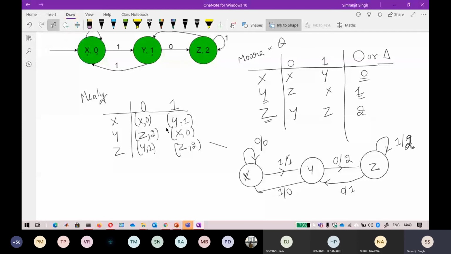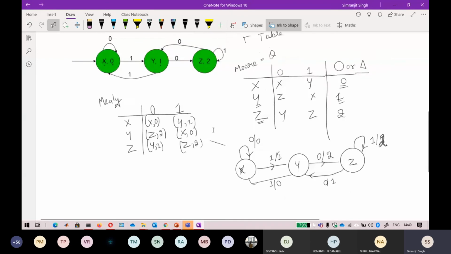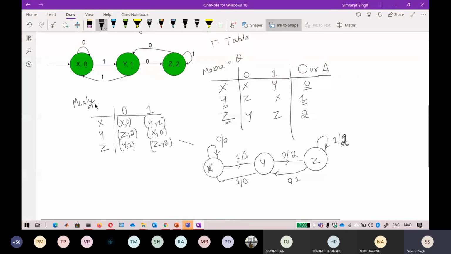from the transition table. If you don't like this method, there is a direct method. You can easily convert any Moore machine to a Mealy machine just by looking at it. The keyword here is "two words". Keep that in mind. If you directly want to convert this diagram into a Mealy machine, you can do it without following any table method. This is the Moore machine, and I will directly convert it into a Mealy machine.